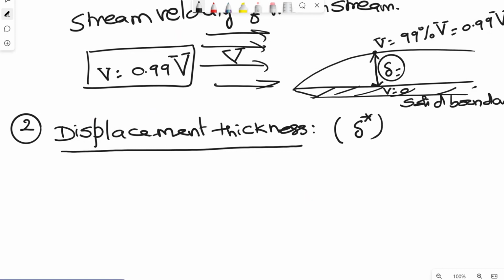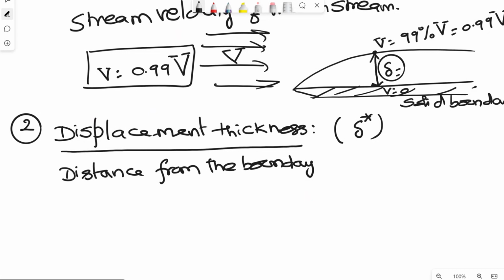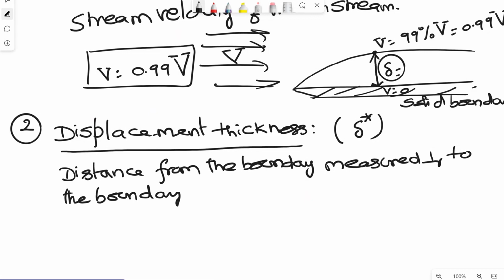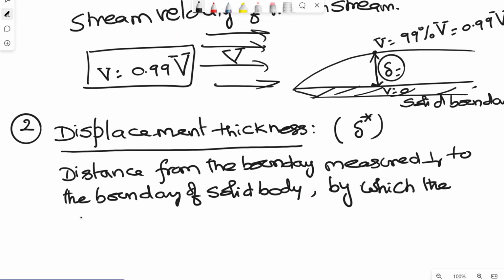It is defined as the distance from the boundary, measured perpendicular to the boundary of this solid body, by which the boundary should be displaced